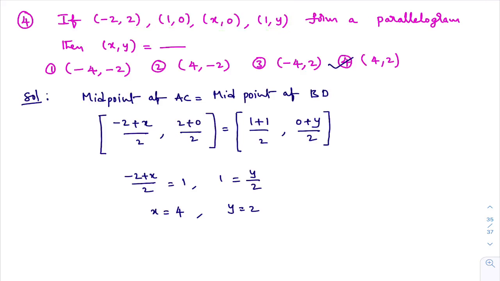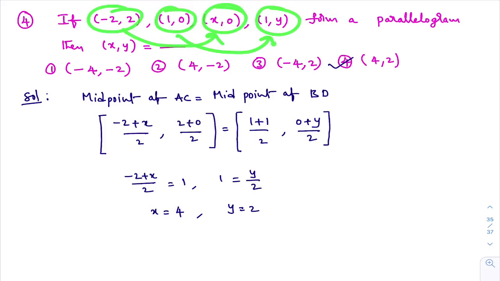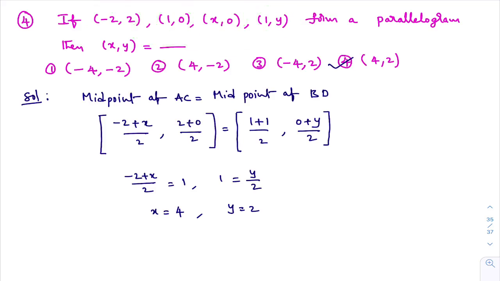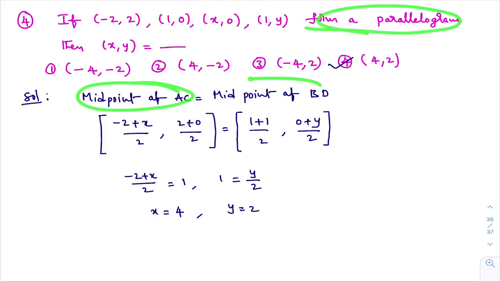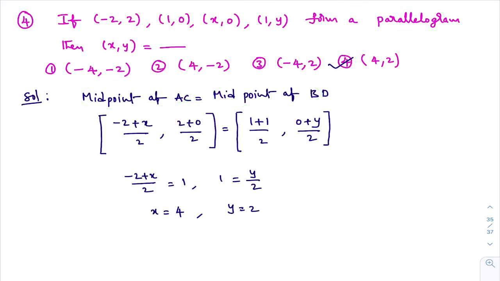So you take first point as A, second point as B, third point as C, fourth point as D. Midpoint of AC is same as midpoint of BD. As they given these points form a parallelogram, I written directly here midpoint of AC equal to midpoint of BD. You consider these points order wise, A, B, C, D. Okay, so midpoint of AC, we know midpoint formula x1 plus x2 divided by 2. Look here, x1 plus x2 divided by 2.